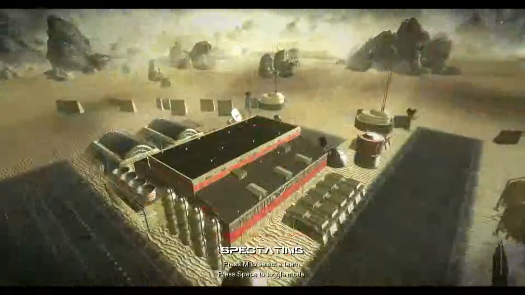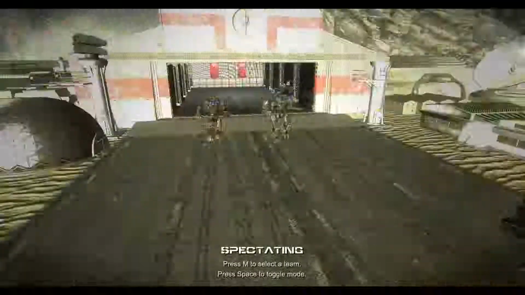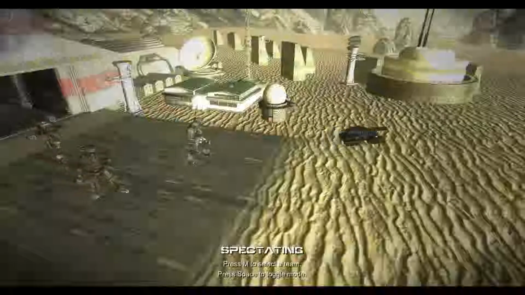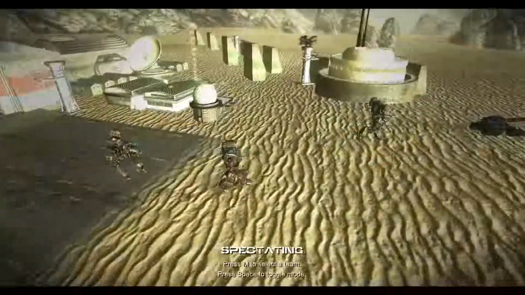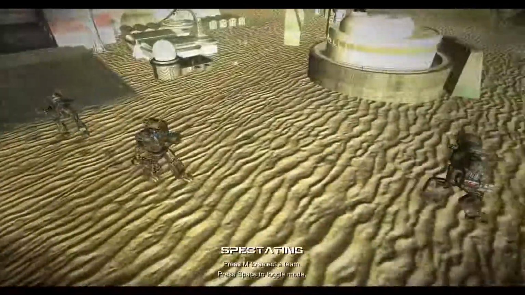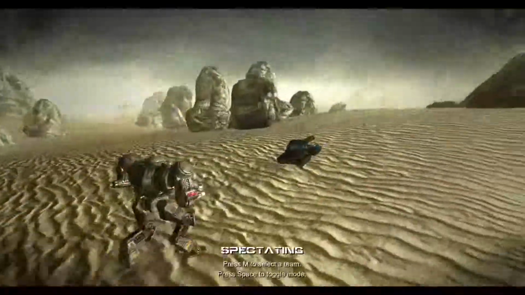Welcome to Chaos March. This is map 3, TC Dune 2, 4 versus 4, and looks like one of the teams has a lot of lasers. Starchild's team, as the defenders of the planet, have a Bushwhacker and a, what is that? A Thor and a Nova Cat and a